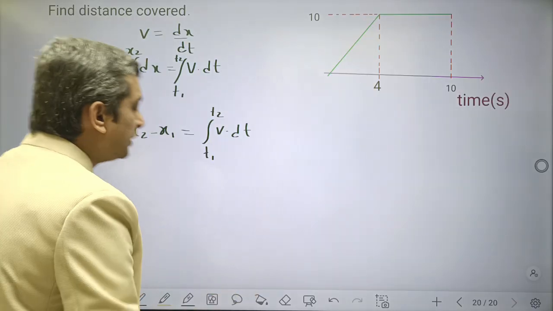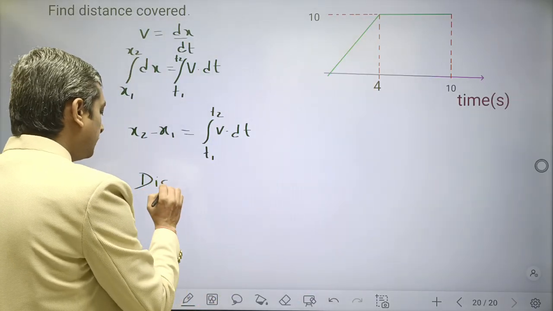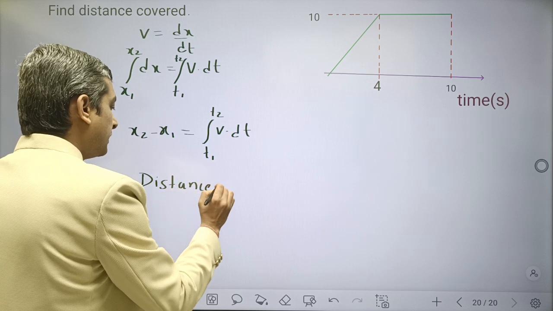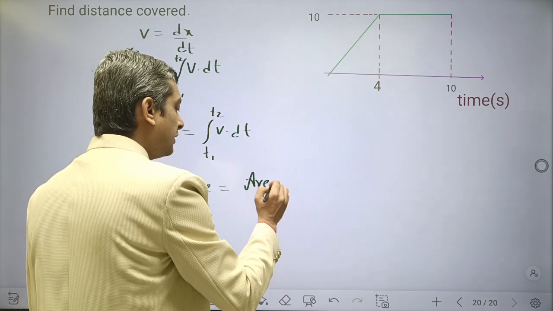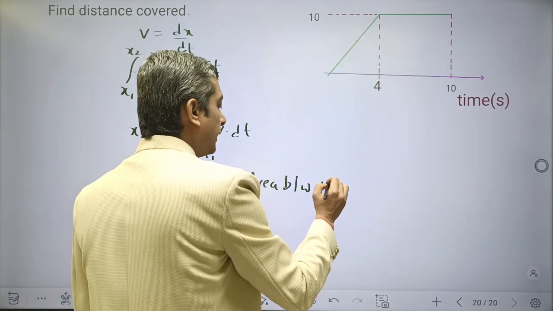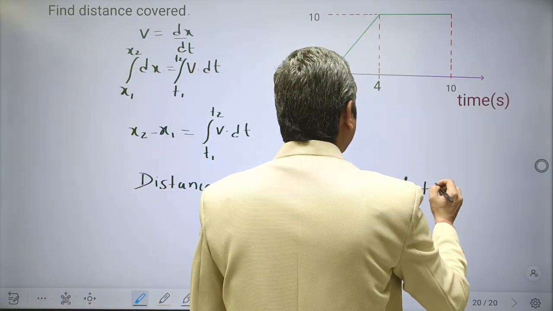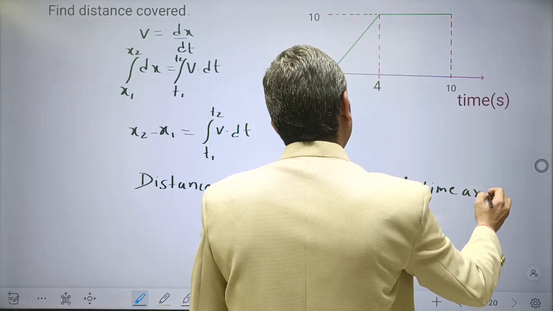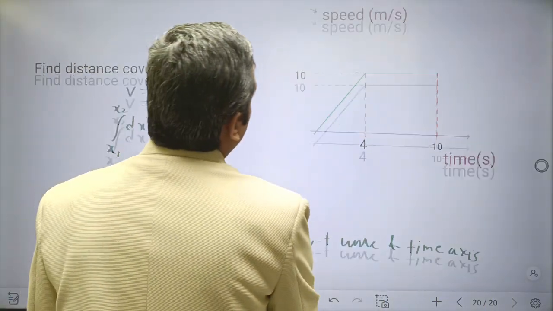That is change in position, and change in position, if this is along linear direction, this will give the distance. So distance, and what is this v dt? This is nothing but area between vt curve and the time axis. Area between vt curve and time axis. So here if we wish to find the distance,